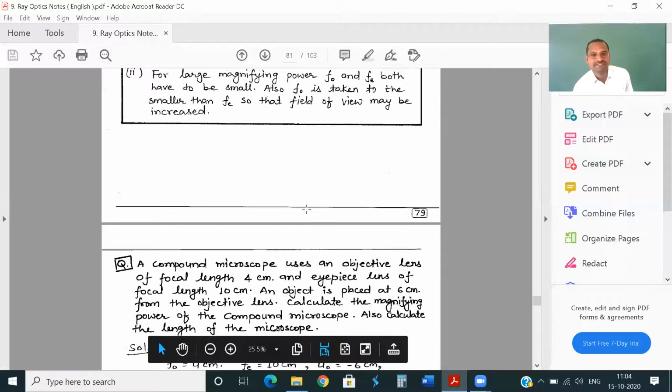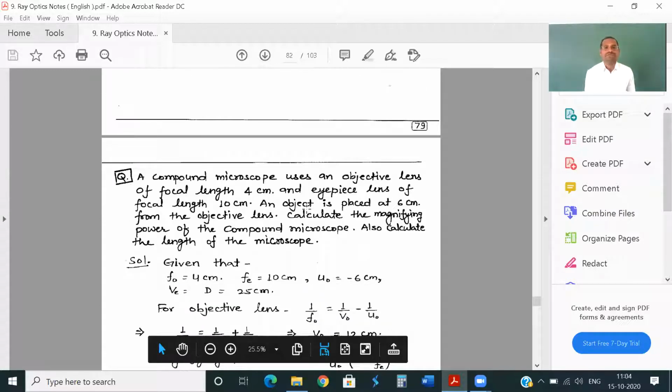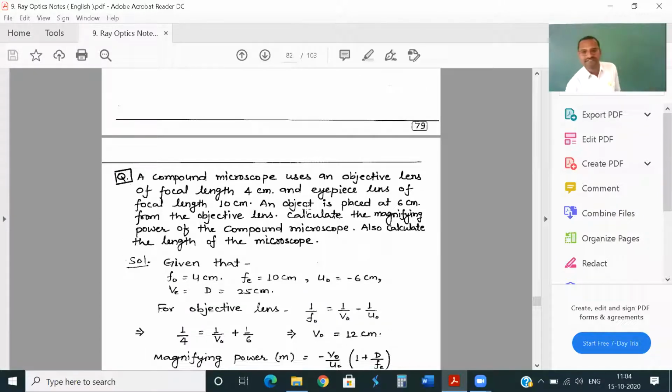Yes, here is the material. I hope you are able to see this question here. Can you see the question and board as well? Just give me one response, whether you are seeing board and material both or not. Because the question is important and I can't write the question on the board. It will be a time taking process. I am waiting for your response. Yes, sir, both. Can you see both the board and question?